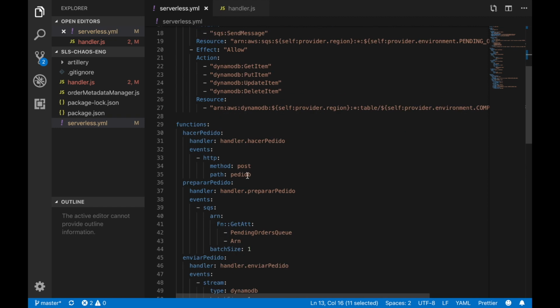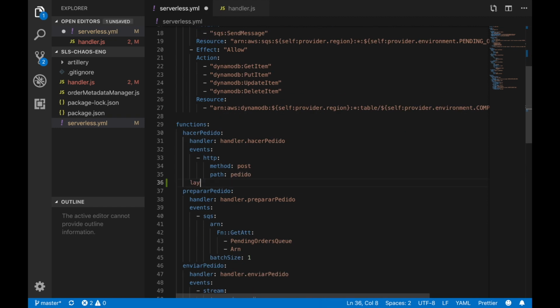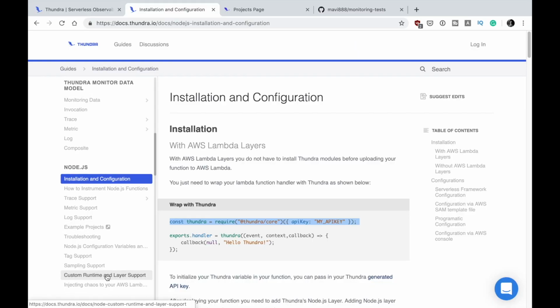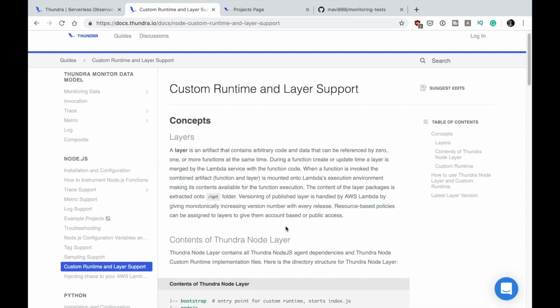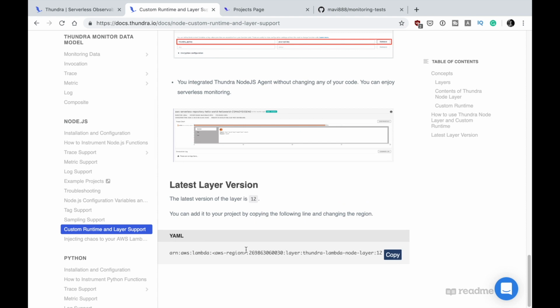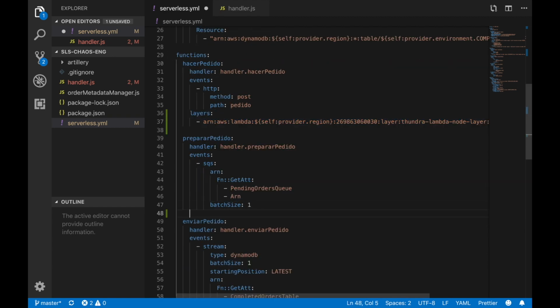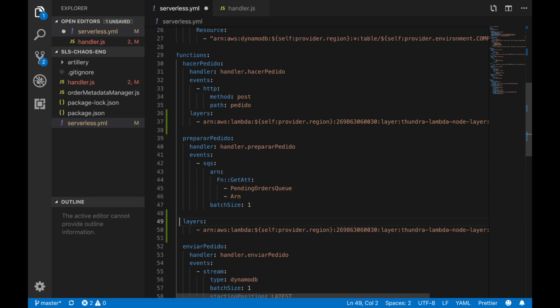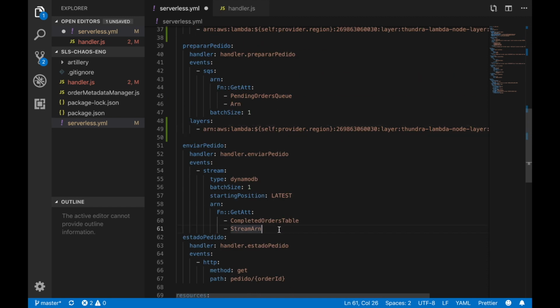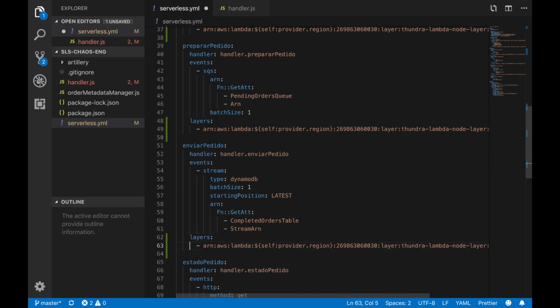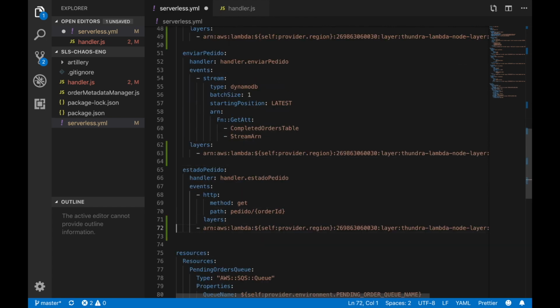If you're watching this video in the future, don't forget to go and check in the documentation the version of the layer that you're going to use. If you want to know more about layers, there is a video about that as well, so I'll leave that in the description box. But basically we are just having all the libraries that Thundra requires in this layer, so we don't need to import it in our Node project. We are just adding this layer to all our functions,